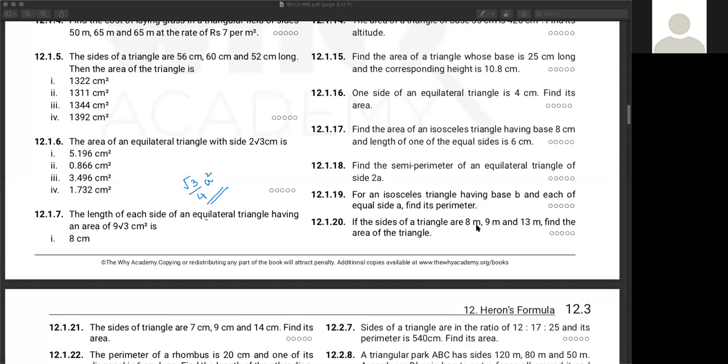Anirban: Ma'am, here it is an MCQ. Do we need to solve the whole thing, or can we do mental calculation also? If it's an MCQ and you don't need to show your working, just equate it and calculate to get it. But if you have to submit your working as well, by scanning, then you need to write the steps: write the formula of the equilateral triangle, 9 root 3 is equal to root 3 by 4 a square, and show the whole working. If it's an MCQ, you don't have to. But for now, for homework, do the whole thing because I want you to get used to that.